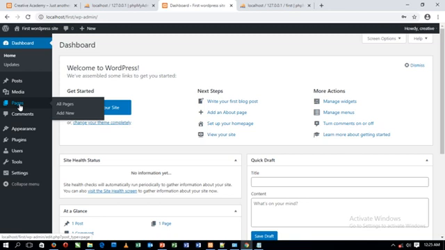If you're building it for a company, you can have the home page, the about page, the contact page, the service page, and the team page, whatever you want. So that's the pages. Then you can add new pages here. Then comments, most especially for the bloggers, this is where you will see every comment made on your blog site. This is where you can approve comments, disapprove comment, delete comment, trash them. This is where you can do that.